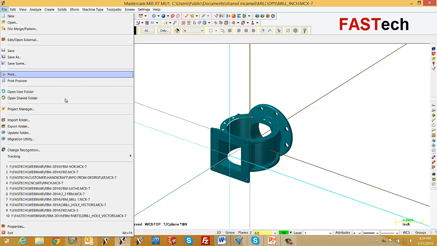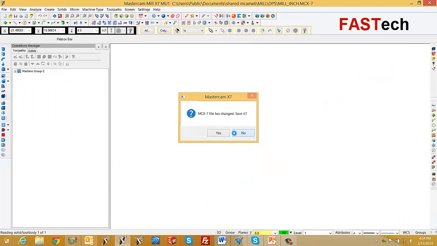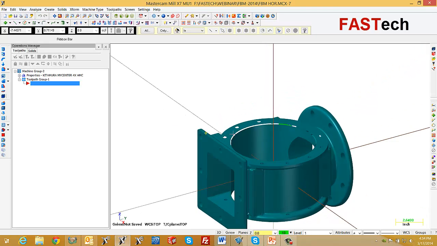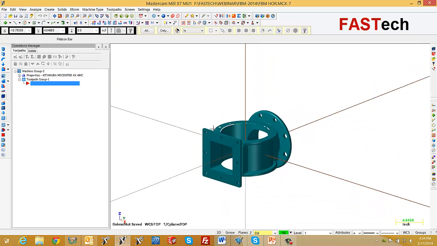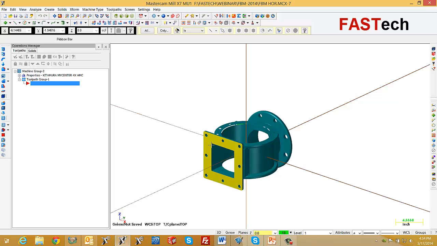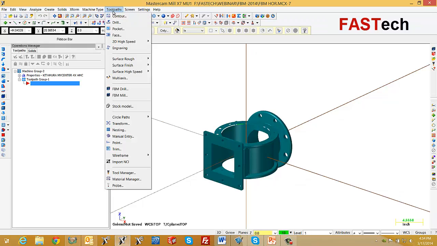So let's go ahead and open that again, and let's do it a different way without making any planes. And this is what makes Mastercam's feature base so quick. Now the other way I'm going to do it, I pulled it up from scratch. I still want to do these holes, and I also want to do the holes on the other side. Well, I don't want to make planes in this, so I can simply go ahead and say toolpath, and